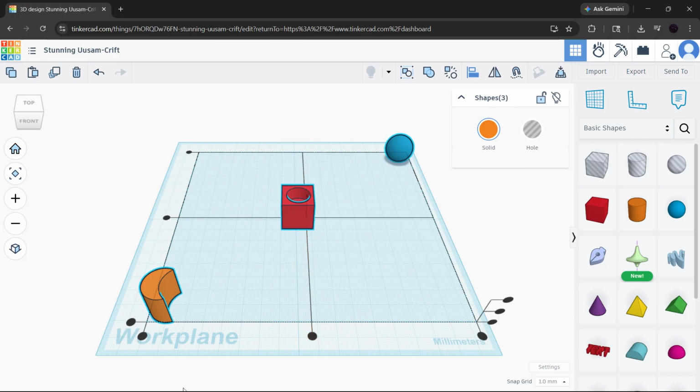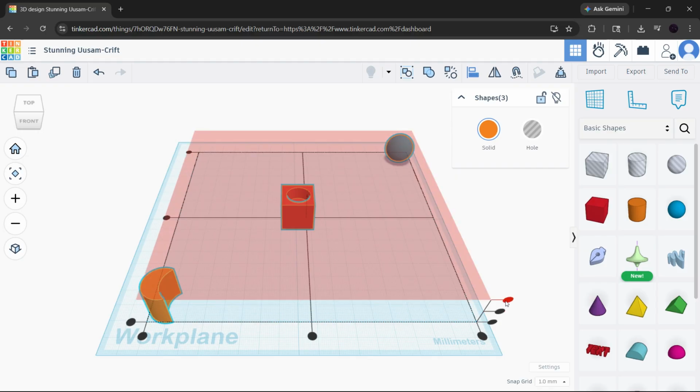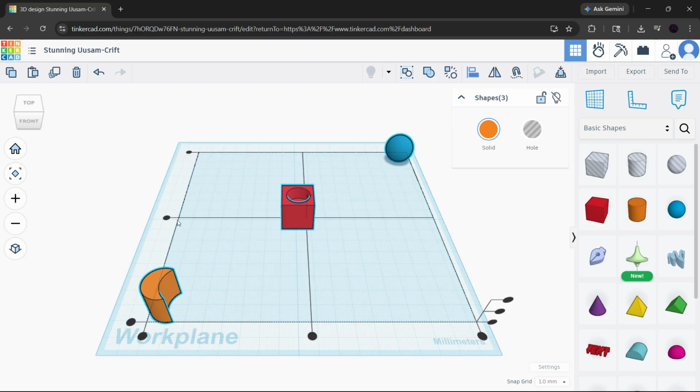The dots represent the different alignment positions along each axis, and the middle dots are the ones you want if you're trying to center the items relative to each other. If you want to center the items left to right, click the middle dot on the horizontal axis. If you want to center them front to back, click the middle dot on the vertical axis. And if you want to center them in multiple directions, you can use the middle dots on both grid axes